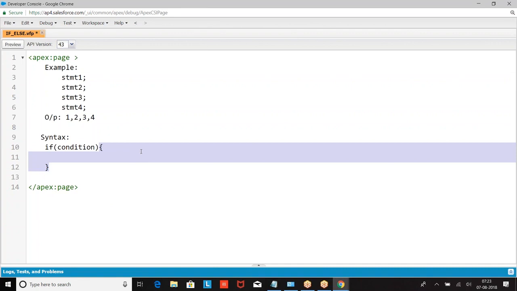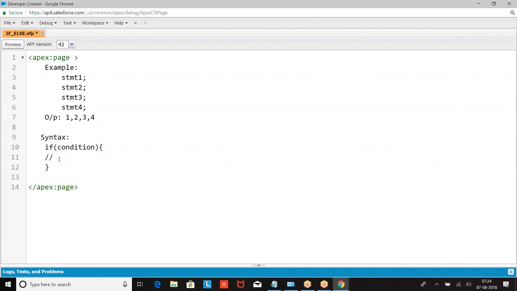If condition is true, then we are going to execute the logic. Let us see the example here: if, statement 1, statement 2.